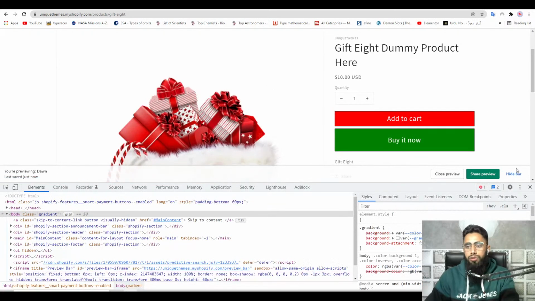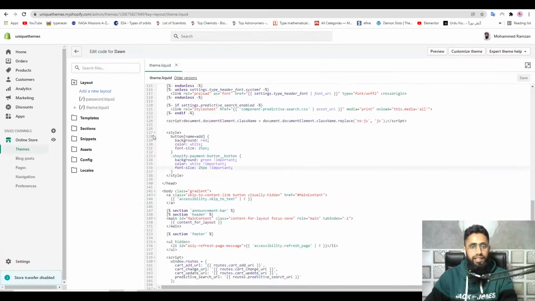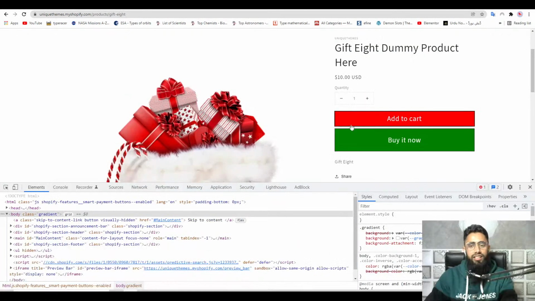Here we go. So now you can see that, for example, you modified something and that is not applied. So that time you should write here important. Important means you are giving the priority to this specific change. Otherwise, the CSS which has already been added by default, that would be applied. So this is quite simple to understand, that if you are modifying something and that is not affected online, at that moment you should write important, but before important you should write sign of exclamation. All right,